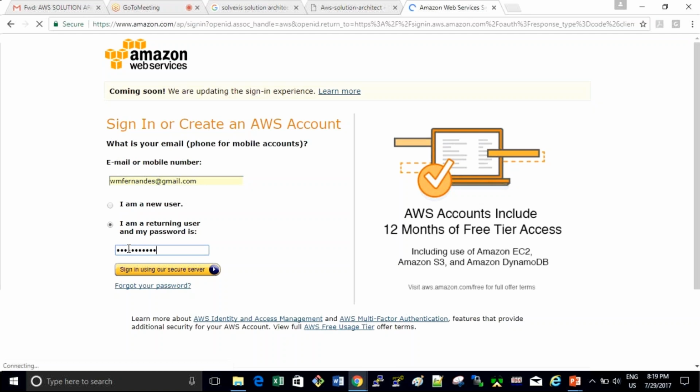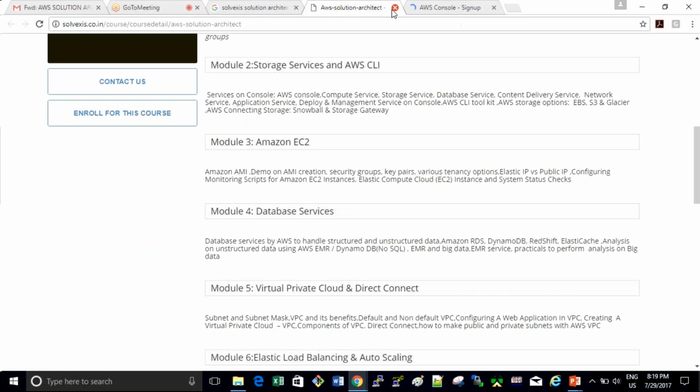During the class, we are going to help you out with how to set up your account on the AWS console. In actual projects also, we are working on the same console. It's a free tier for 1 year, which Amazon is providing for practice purposes. We could do all assignments and hands-on exercises on the same console. And in live projects also, we need to use the same console. Did I answer your question, Mayank? Yes. Great.